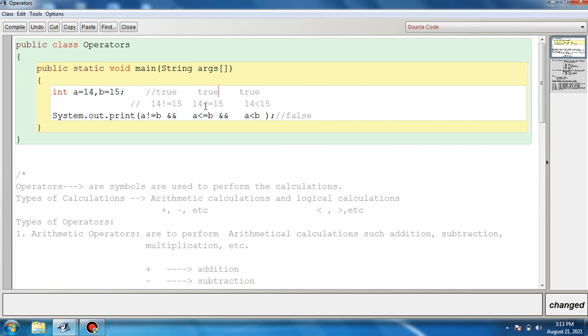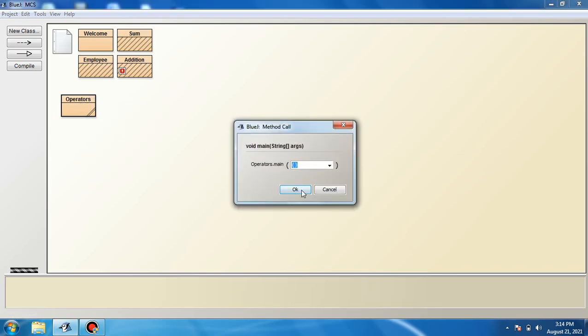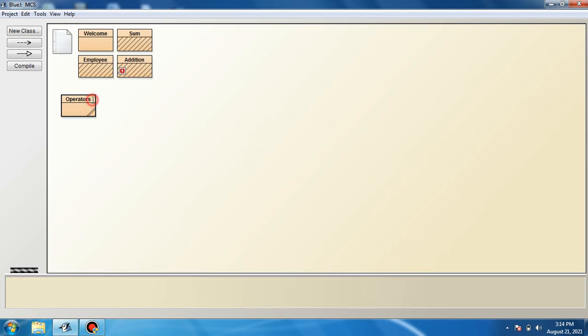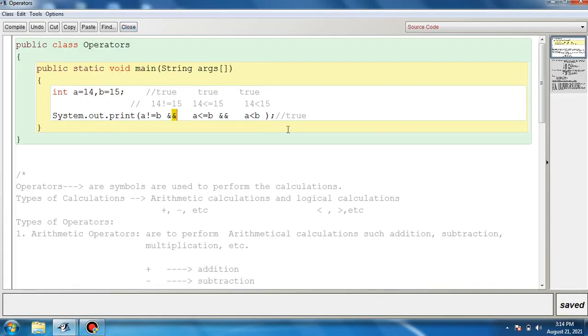True. So now all the test expressions, or you can say the relational expressions, these expressions we are talking about, are resulting in true value. So the final resultant, the logical AND operator, will also result in true value. These all must be true, remember this. Then the logical AND operator will result in true. All the relational expressions must result in true value. Then logical AND will result in true value. If any one is false, the final resultant will be false in case of logical AND.